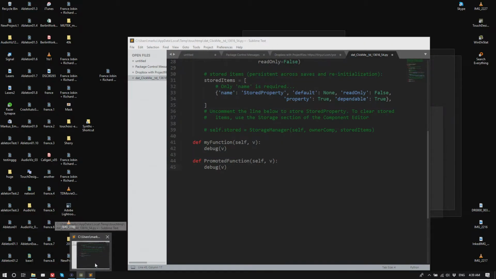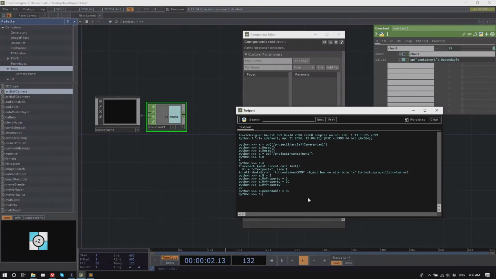I already forgot. Promoted function. And it wants a value, so I can give it hello here. And it outputs a little debug string saying hello and tells me where this was called from.